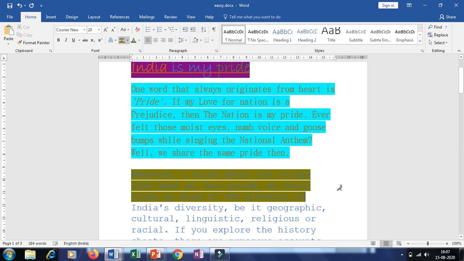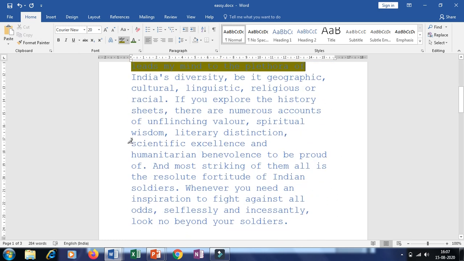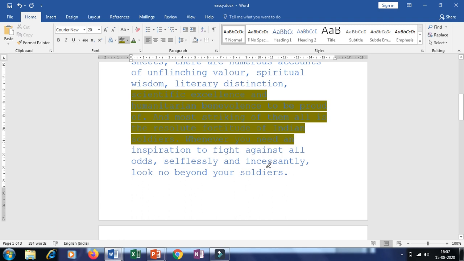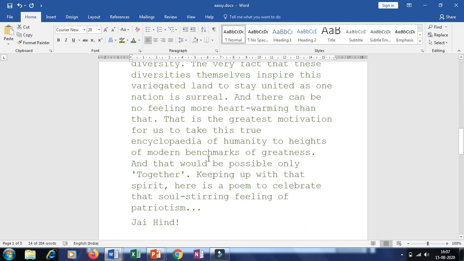And if you want to remove this, see, this is the highlighter pen. Okay, you can just bring it down wherever you want to select, and if you don't want to highlight it, just click on this highlight button again or press the escape key. Okay, now if you are selecting, it will not get highlighted.